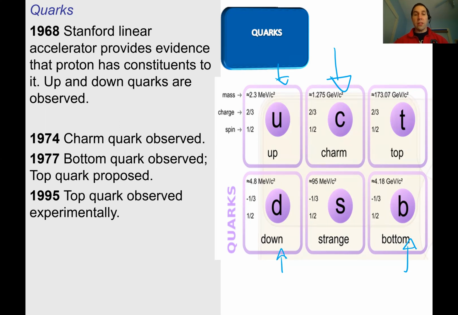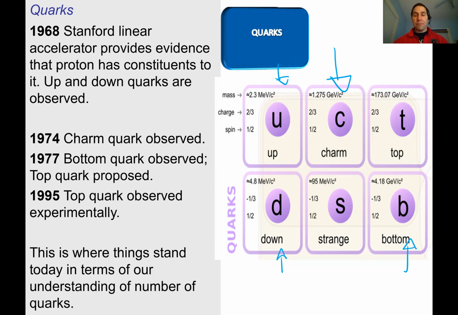impressive theories in physics. And so this is where things stand today in terms of our understanding of the number of quarks. We have 6 quarks, and you could think of them in pairs: the up and the down, charm and strange, top and bottom. Okay, this doesn't mean that we won't discover more quarks in the future, but one other thing I just want